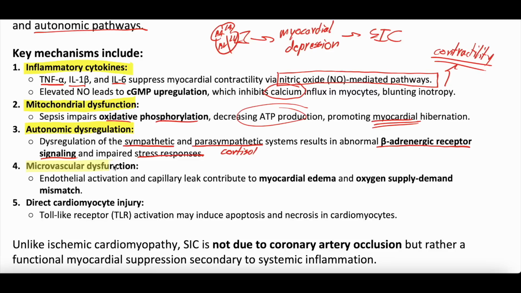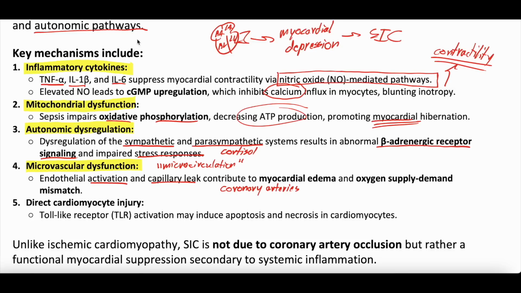Microvascular dysfunction, kind of the microcirculation is a big thing in septic shock, and shock in general, but particularly in septic shock. And what we know is that the endothelial cells that line the capillaries get affected by this inflammatory response, cytokines, immune cells, and it can cause endothelial activation and cause endothelial damage with capillary leak. And the coronary arteries and veins that provide oxygen to the heart, just like the blood vessels that provide blood flow to the other organs, are affected.